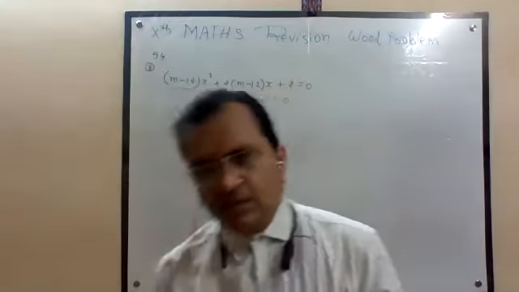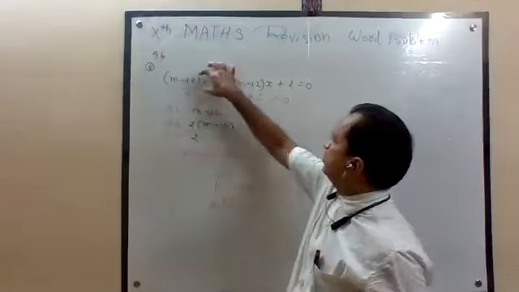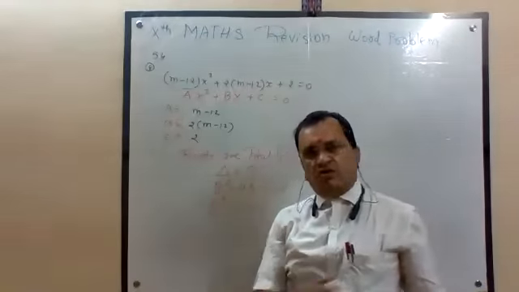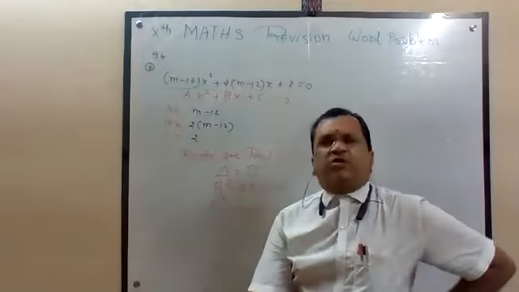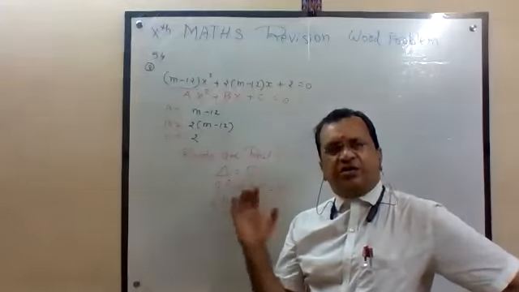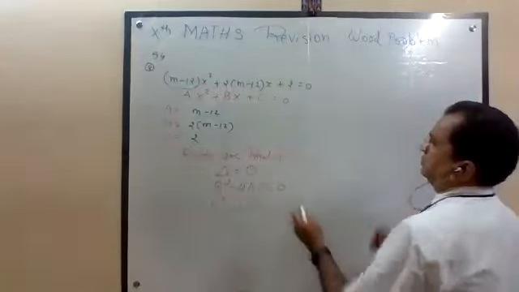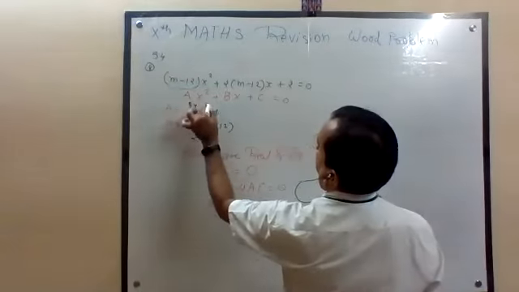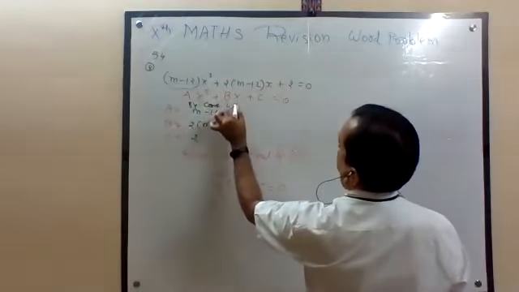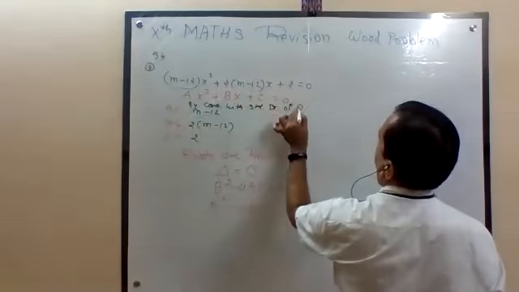Again, the equation is given. It is in ax square plus bx plus c form. No need to open the bracket. It is in that form only. So under that, write quadratic equation standard form. Then, by comparing with the standard equation of quadratic,